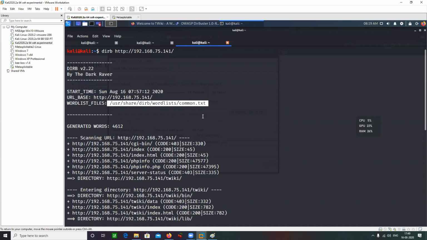How can you provide a custom word list? Any idea? Try opening the help menu, going through certain example usage. See if you guys are able to identify.